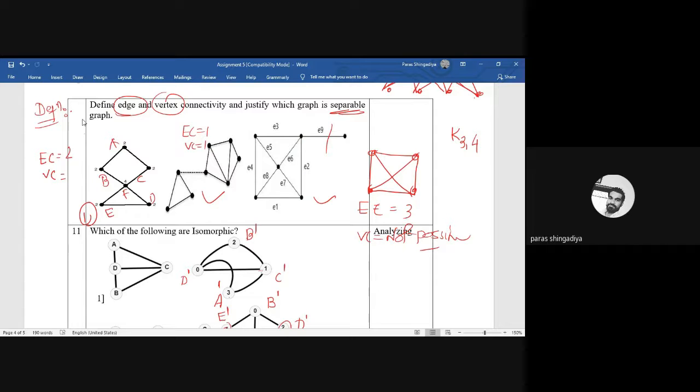Here three graphs are mentioned. Clear? So we'll identify edge connectivity and vertex connectivity, and we'll check which of the graphs is a separable graph. Clear? And after that we'll add some more graphs, as standard forms, complete and complete bipartite graphs, and you also check their answers. Okay, so here in the first graph, the data are given. One of the graphs is that. Clear? You just see it.